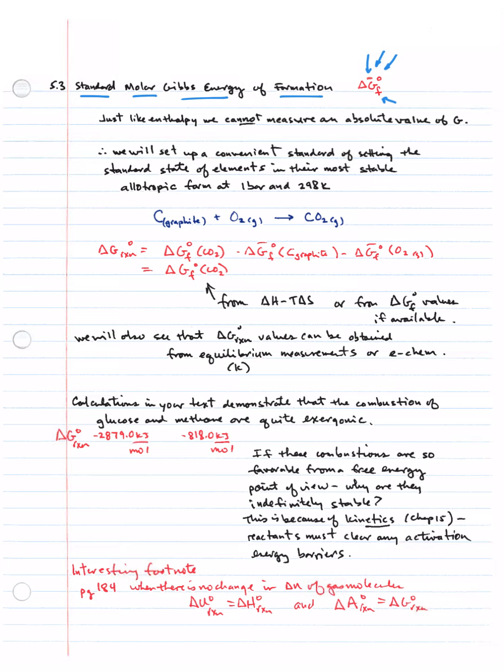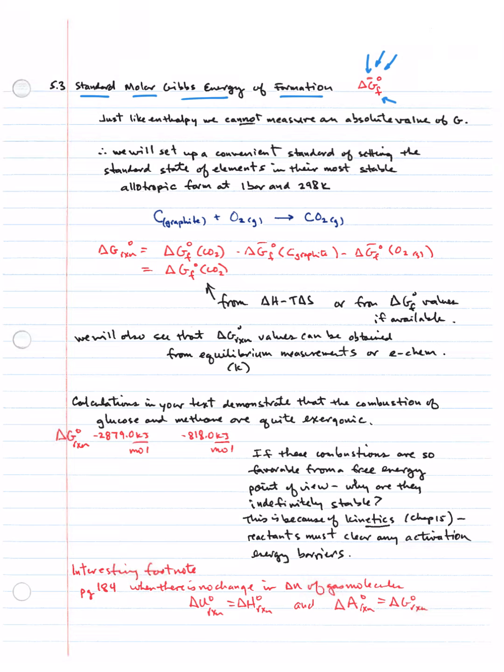So just like enthalpy, we cannot measure an absolute value of Gibbs energy. You can't stick a meter on a chemical reaction and get a G. Therefore, we're going to calculate delta G's of reactions using a convenient standard: setting the standard states of elements in their most stable allotropic form at 1 bar and 298 K. And then we could use values of the formation reactions of compounds from their elements to get